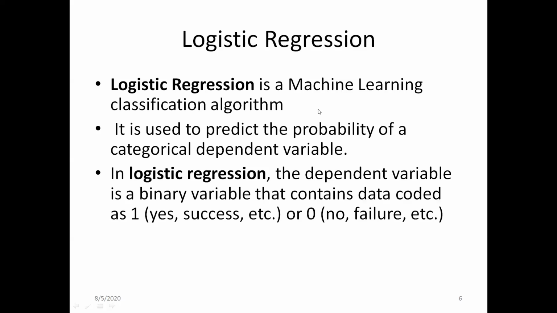This technique is used to predict the probability of a categorical dependent variable. In the morning, we completed linear regression, where the dependent variable was continuous in nature. But in logistic regression, we are going to find the probability of a categorical dependent variable. That is, this dependent variable takes only two values, either 0 or 1, either yes or no, either true or false, right? So as we discussed in the morning, not all the classification algorithms are suitable for all the types of data sets which we are dealing with, right?